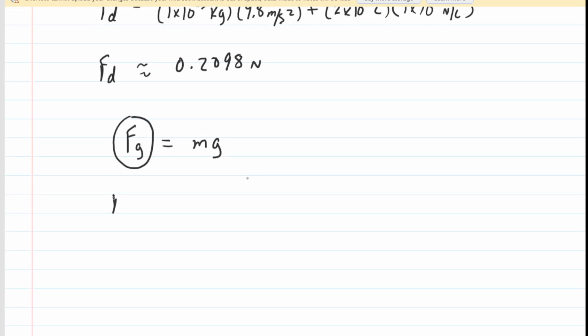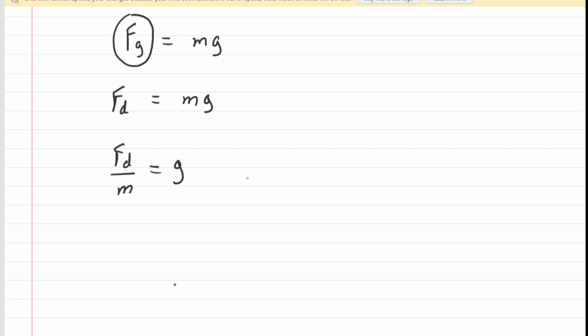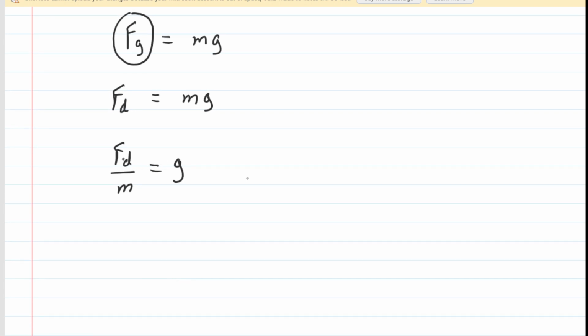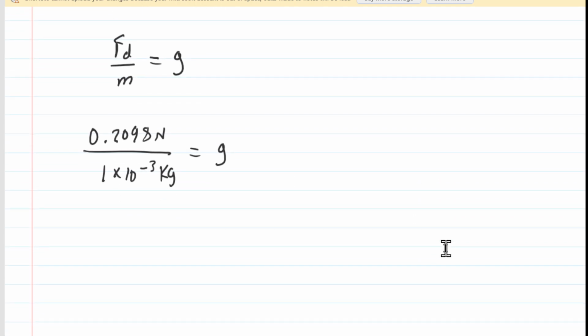So we're going to substitute in our downward force for that force of gravity, and then if we divide both sides by the mass, we can see that the effective value of g is given by this expression here. So we're going to go ahead and plug in that total downward force that we just calculated along with the mass of the ball. And when we simplify that, we can see that the effective value g is approximately 210